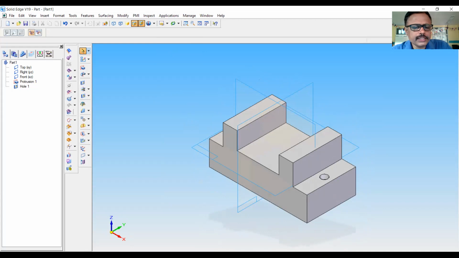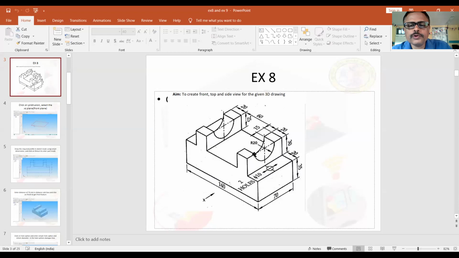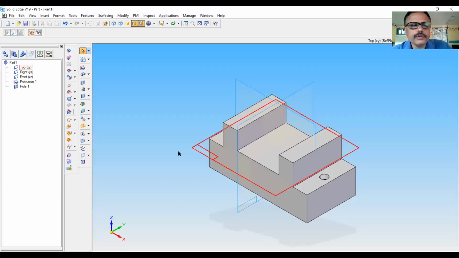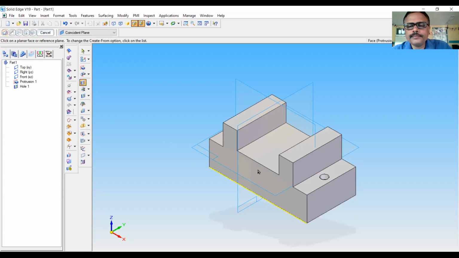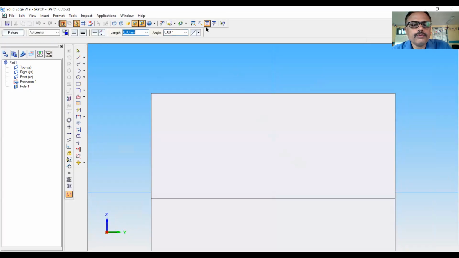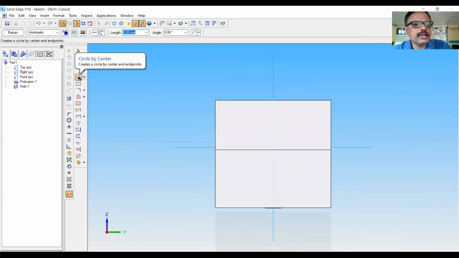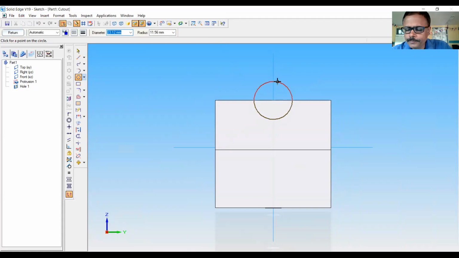Now, if you look at this model, there is one more thing that is to be done. This hollow portion of radius 20 is to be done. So whenever there is hollow portion, we have to use the cutout command, which removes the material. So use the cutout option. I will click on this surface. Now the circle with center option is used, and this is the center of the circle.